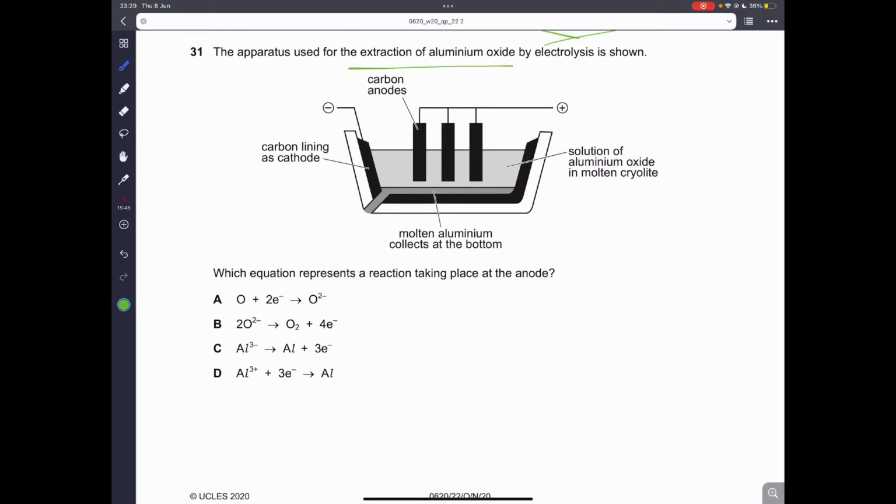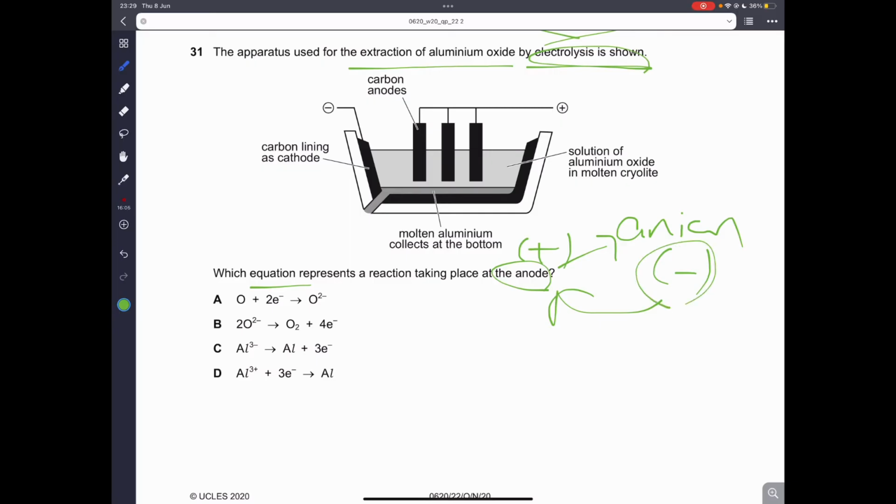31. The apparatus used for the extraction of aluminum by electrolysis of aluminum oxide is shown. Which equations represent a reaction taking place at the anode? Remember, the anode is the positive electrode, and so the anions, the negatively charged ions, will go to the anode. Remember, there's a solution of molten aluminum oxide. Aluminum oxide contains the ions Al3+ and O2-. And remember, the anion will go to the anode,